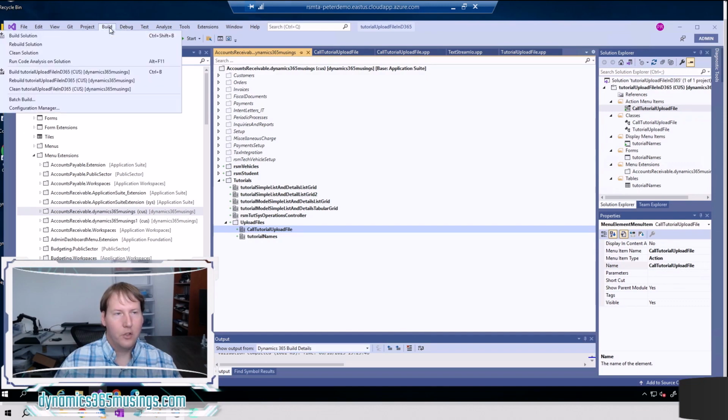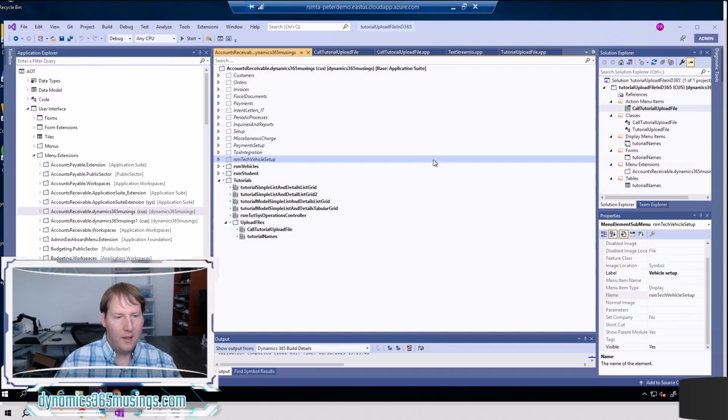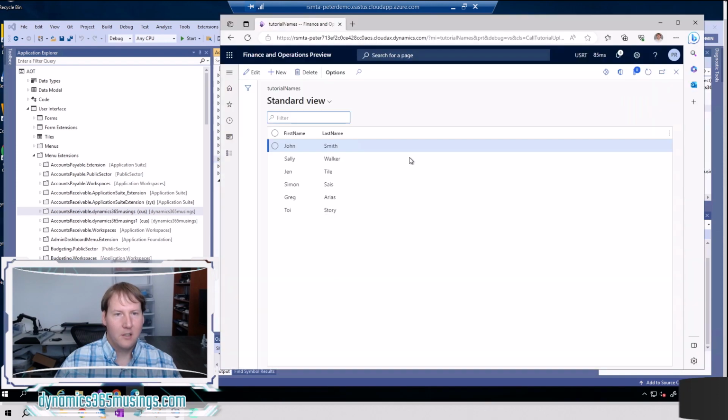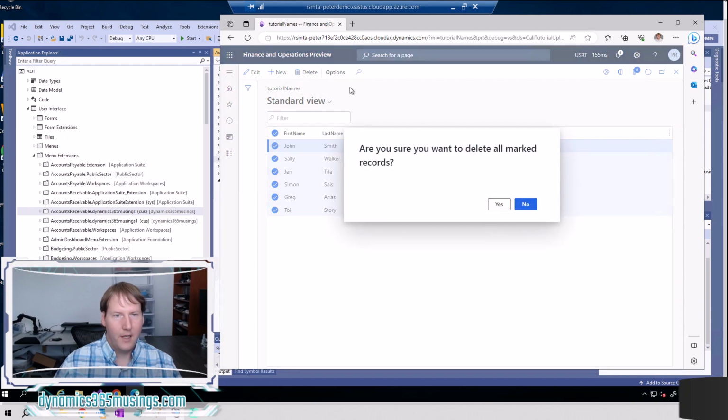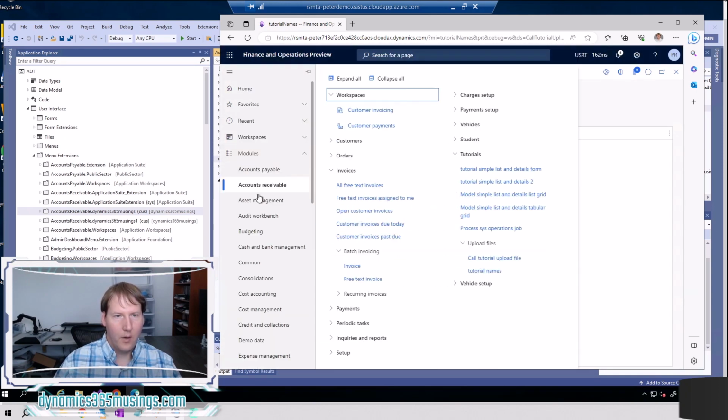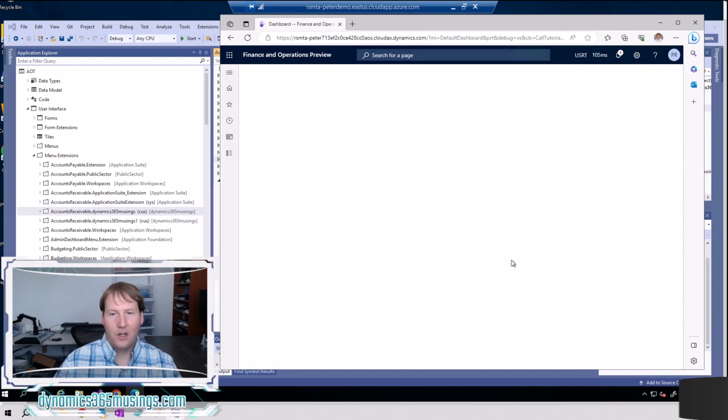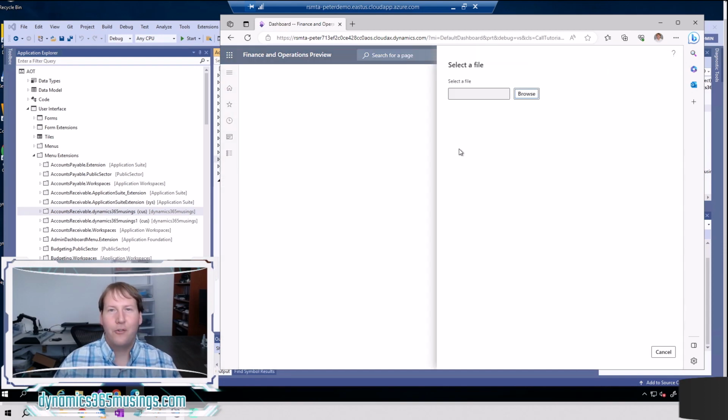Afterwards, you want to build your solution. So go up to build solution, wait for that to run, and then go back to your D365 instance. So here we are. I can delete this again, and we can run through it once more just to see it all together. So I'll delete out my data. I'll go to Accounts Receivable, go to Upload Files submenu, call tutorial upload file. This action menu item is going to call the call tutorial upload file class, which is going to call my tutorial upload file class